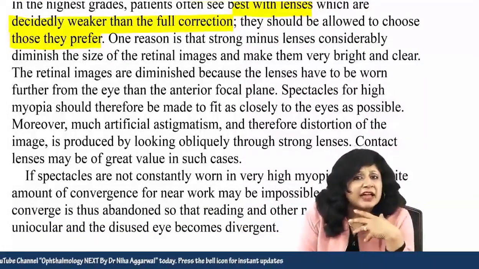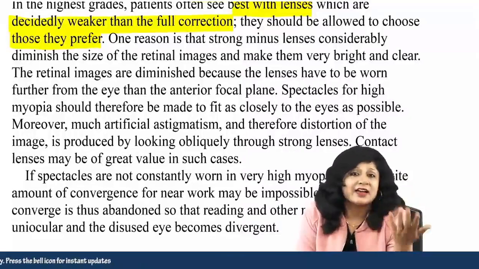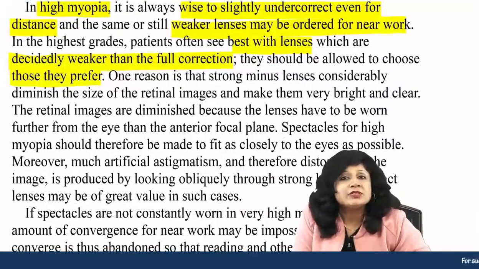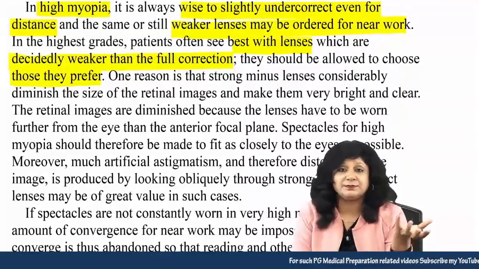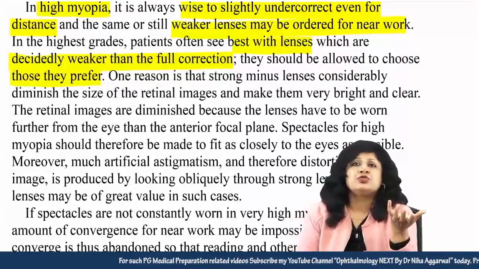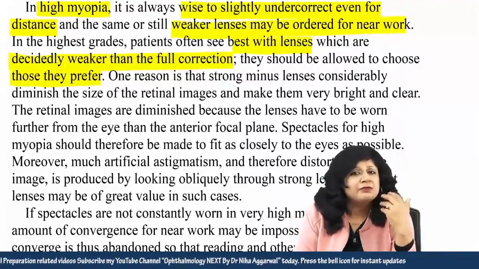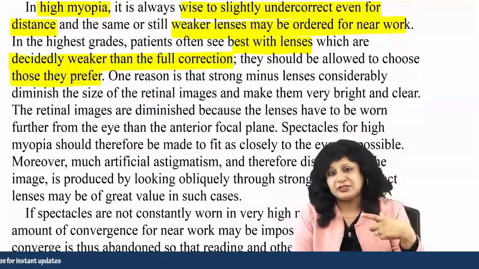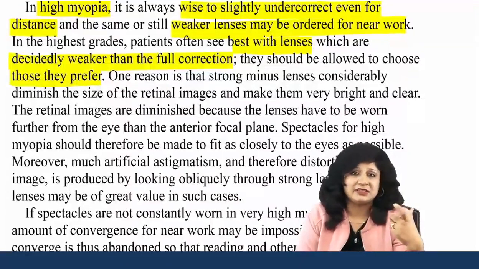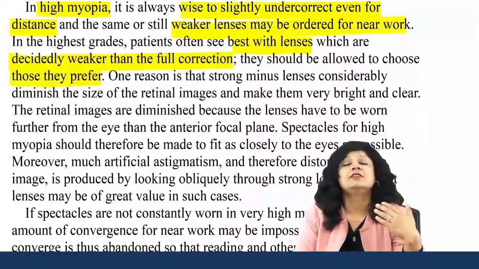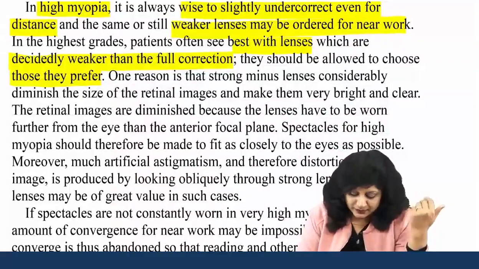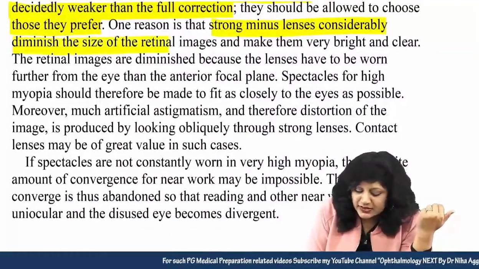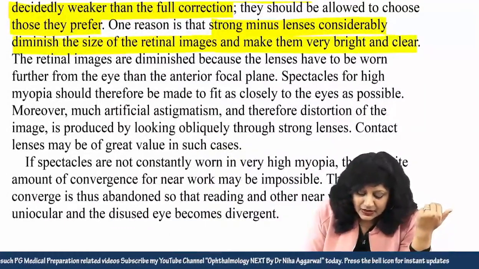So when they have the highest degrees of myopia, it is a fact that they will be most comfortable with lenses weaker than the full correction. Usually we give them the trial frame and offer them a variety of lenses, and ask whichever they are comfortable with. We cannot be hard and fast in this, so it depends upon the individual's convenience. We have to give them a choice and they can choose from it. One reason is that strong minus lenses considerably diminish the size of the retinal images and make them very bright and clear. Now the retinal